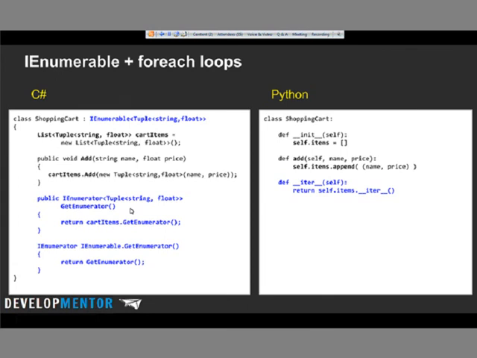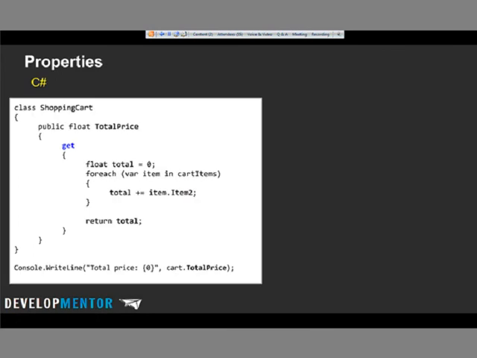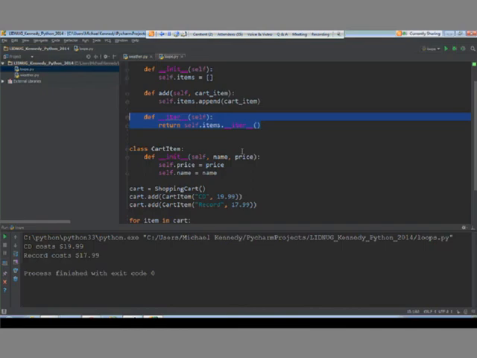Okay, so properties, again, properties are awesome. I already gave you the background of why you want properties, but they're awesome, right? We all know it. So here's a computed value that we can treat as a fixed value. So our shopping cart could have a total price. You could say, well, here's the total, and we're going to just sort of treat it at the bottom like cart.total_price, right? Looks really good. Could you do this in Python? The answer you can bet is probably yes.